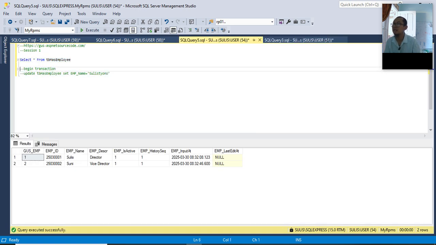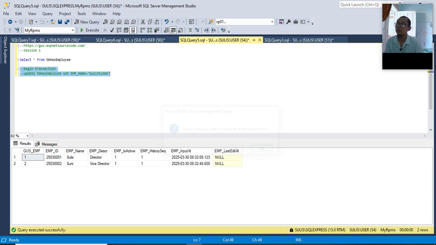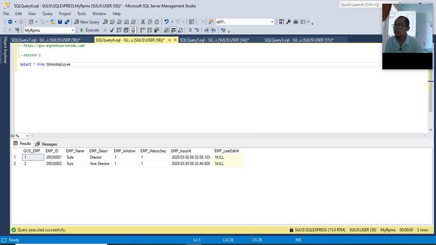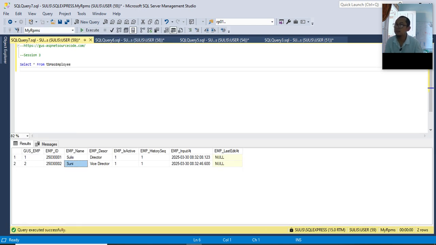I will not use begin transaction first. Where ID equals 1. Let's see our data. It is Sulis. And let's see in session 2. Sulis again, still Sulis. Let's check here, still Sulis.